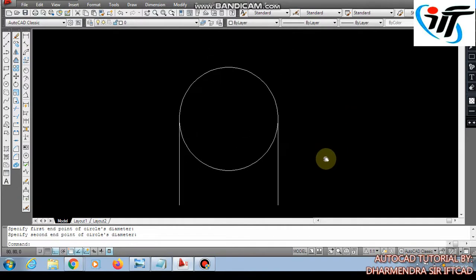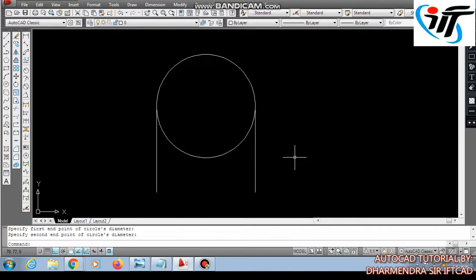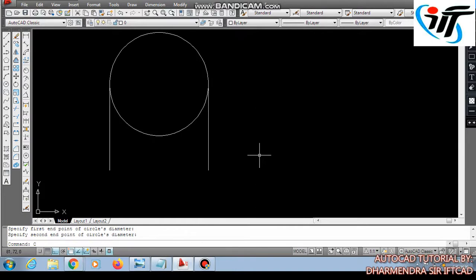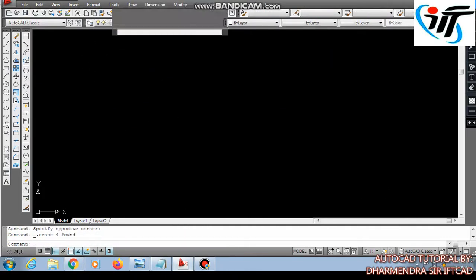The circle has been drawn between the first point and the second point. You can also draw it freehand without any reference line, picking 2 points this way. C, Enter, 2P, Enter, click on the first point and click on the second point. So this was the method of 2-point drawing.